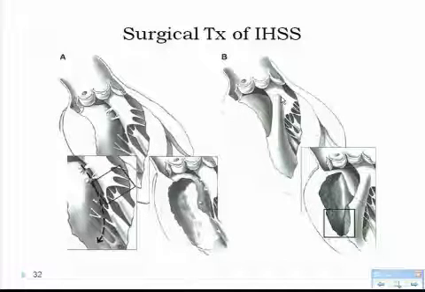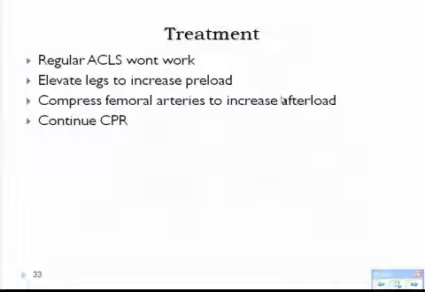Now as for treatment, regular ACLS doesn't work. We do know that. We've watched it enough times on TV, and I've seen it enough times where somebody comes in like this. I had 2 kids come into our ER, and they called us because it was a trauma alert. They didn't know what the cause was, and both these kids died, and that's what made me interested in doing this. After discussion with about 5 or 10 different doctors, some of them preeminent in the area of resuscitation,